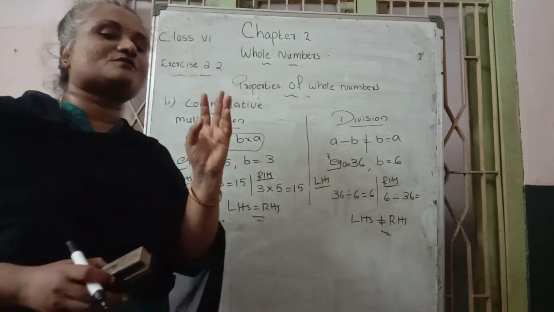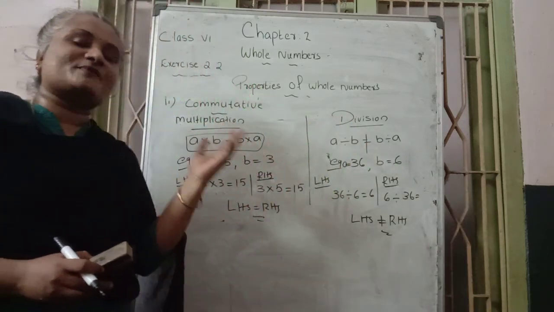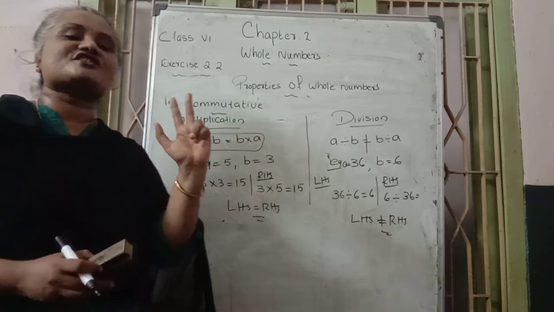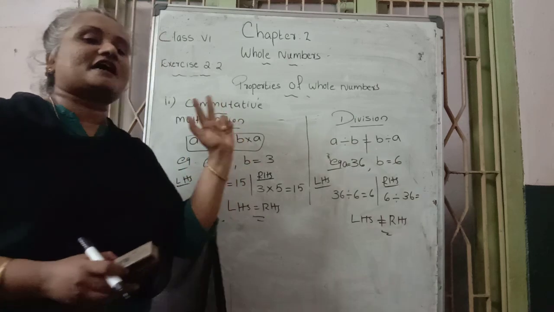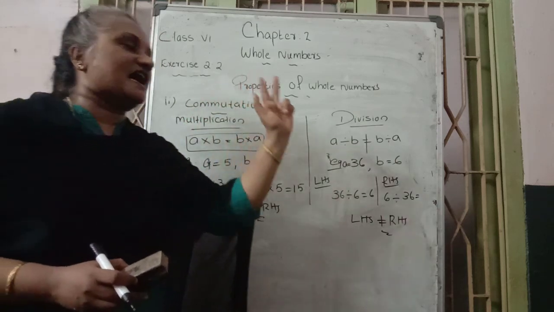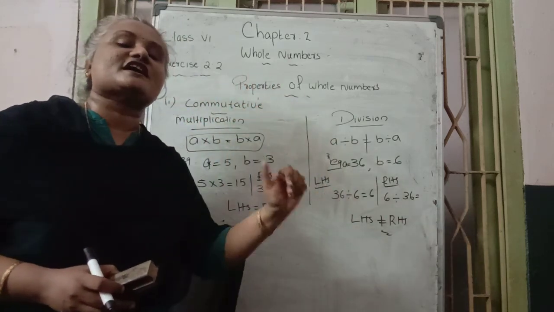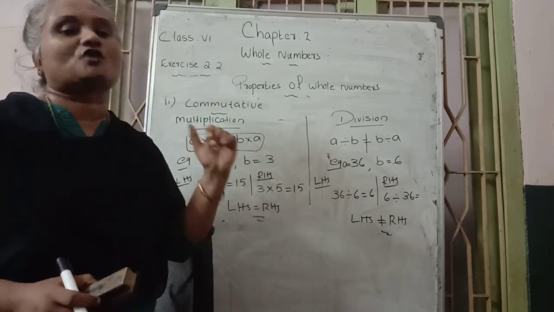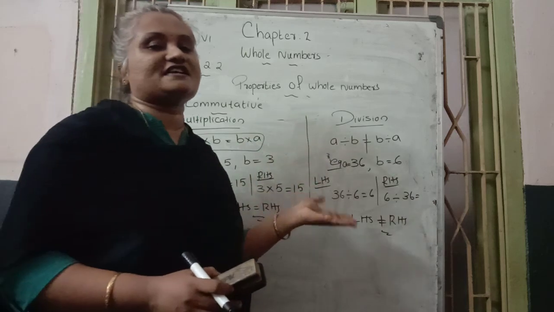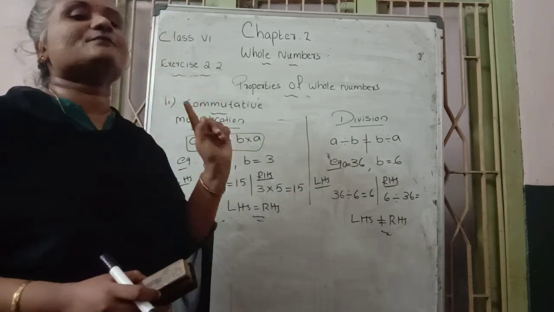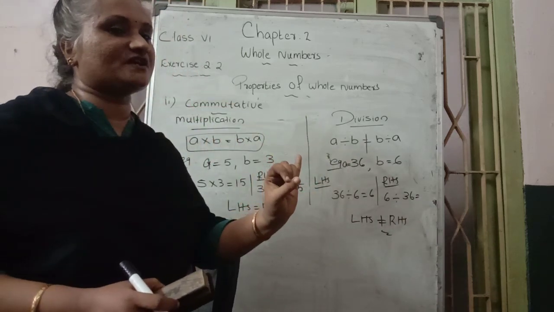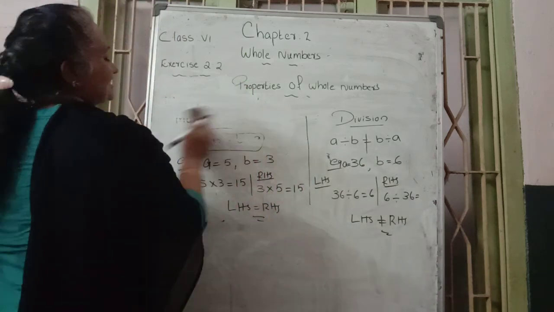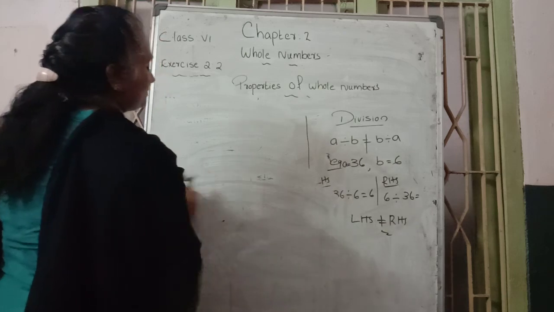So in the commutativity property case, which operations are satisfying? Addition and multiplication are satisfied under the commutativity property, and subtraction and division are not satisfied under the commutativity property. I hope you can understand what I say. This is our second property. The first property is the closure property. The second property is the commutativity property. Next, the third property. Let us go through the third property.